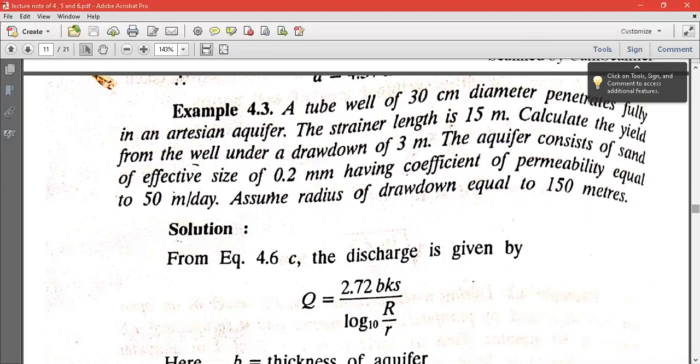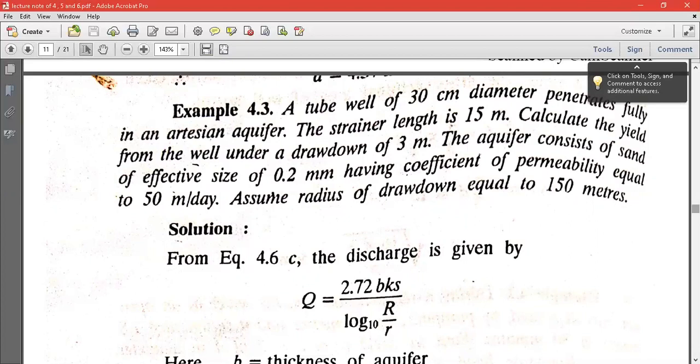is S. The standard length, I have explained what is S in the standard length. That means the portion of the water depth in the well portion, that is called the standard length, which is also synonymous to the value of small h. And again, the same thing has been abbreviated as small h, the standard length of the tube well, which is given as 15 meter.